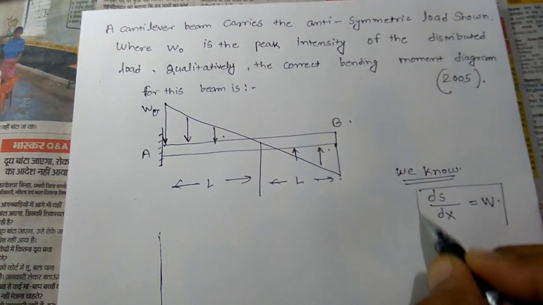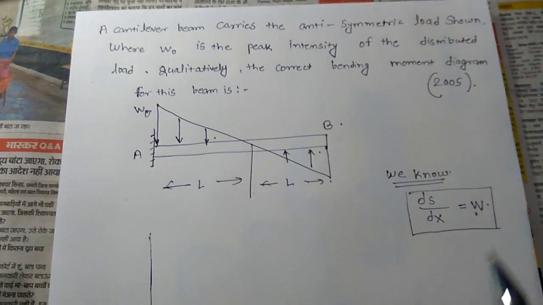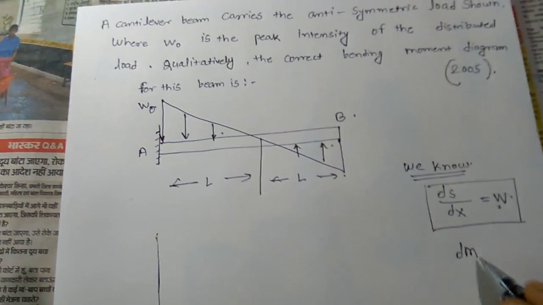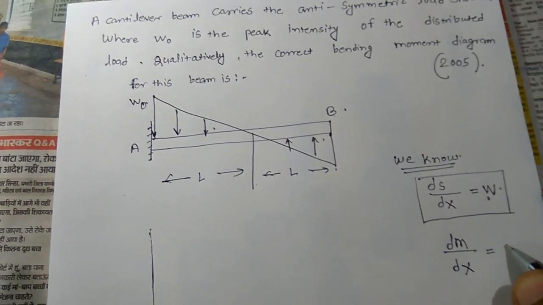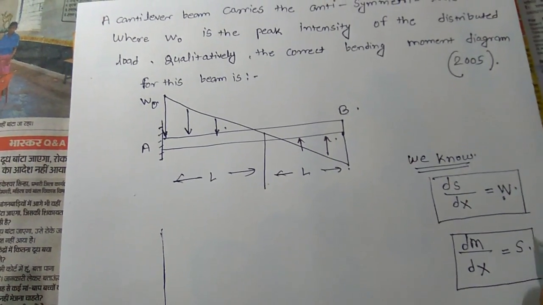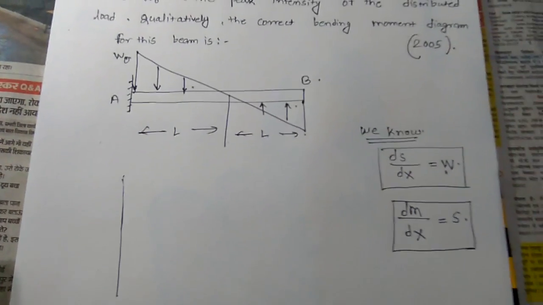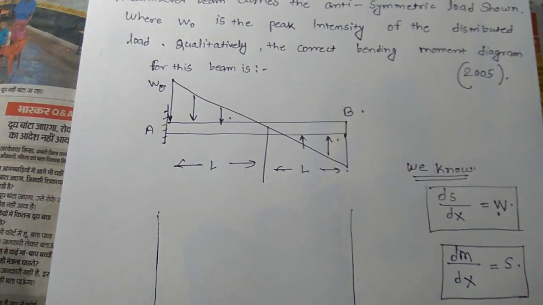From the slope of the shear force, we obtain the load at any point, and from the slope of the bending moment diagram at any distance x, we obtain the shear force. Okay, so we draw the bending moment diagram